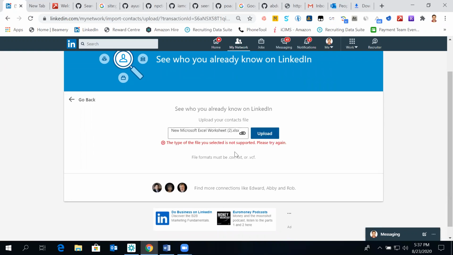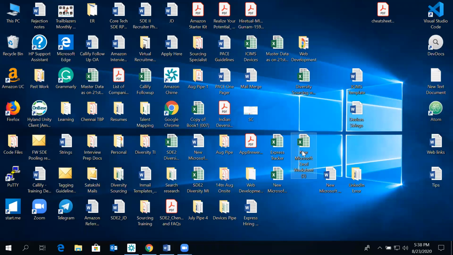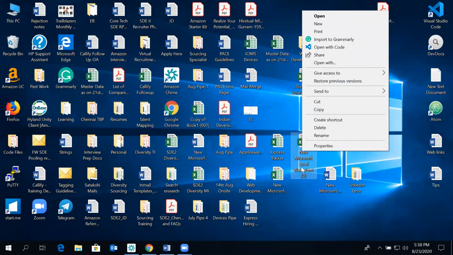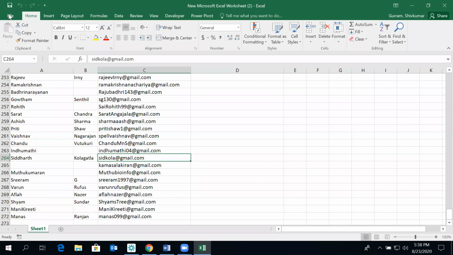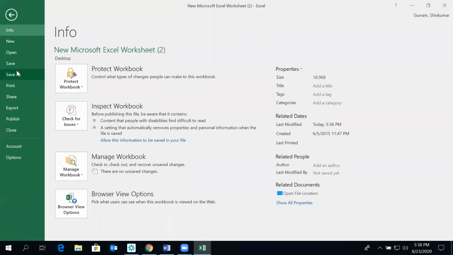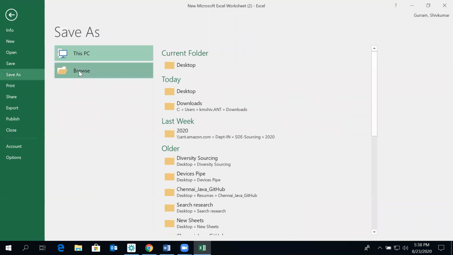Not supported, please try. Okay, so it should be in a CSV or TXT. Okay. Open file. Save as, browse.